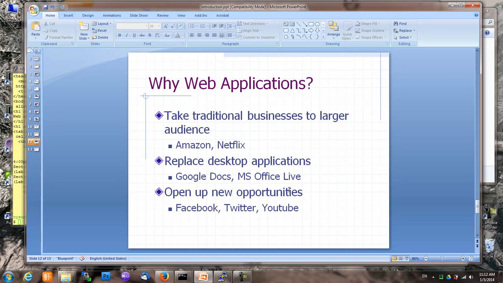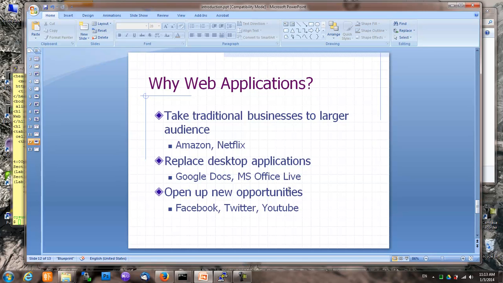And even the killer app on desktop, Microsoft Office, is now moving to the web. Not only does it make it more available and easier to use, but it also allows features that are not possible in traditional desktop versions, like real-time collaboration on a document, which can only be achieved when you use the web version of Office. And the last but not least, and I guess even the most important, is that web application also opens up